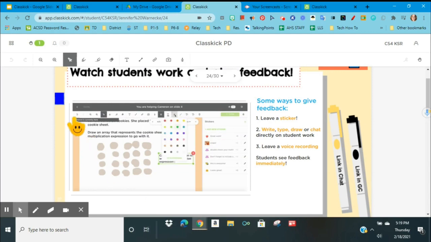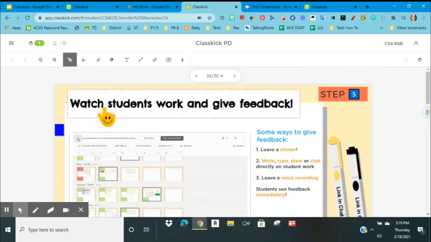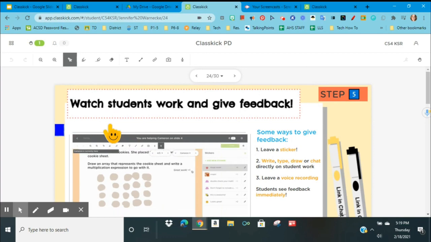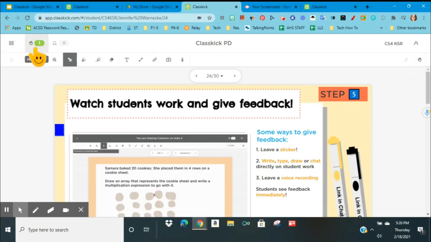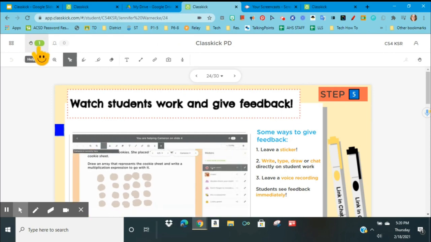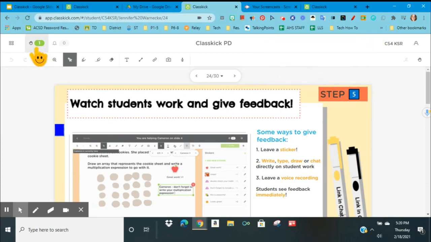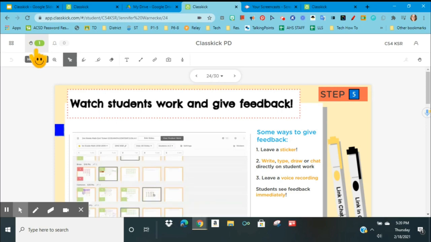Another great feature about Classkick is that students can also help themselves and help each other if you want that option. So you'll see at the top of my screen here, I'm in the student version, I'm in the student side. I can raise my hand on the top right, but you'll see on the top left, I have this hand with a 1 next to it. So my teacher has enabled the peer helpers option. And what that means is in this assignment, if I see this, it means one of my classmates needs help and I can go in and help them. So I click on this and it